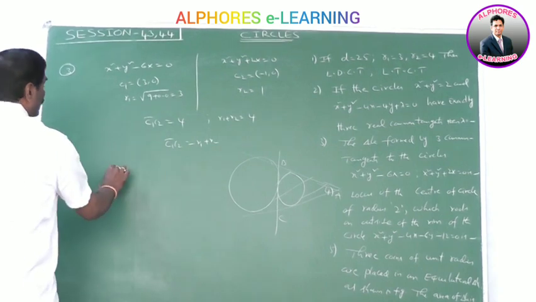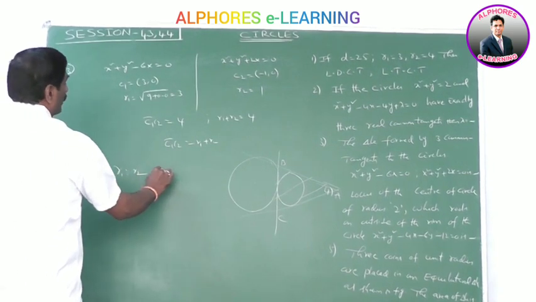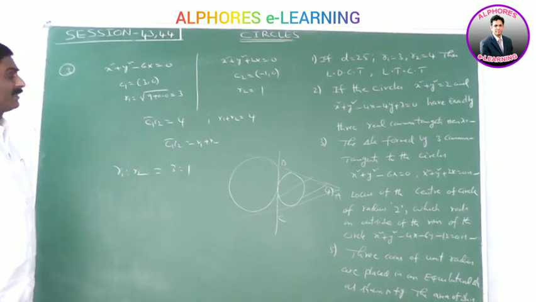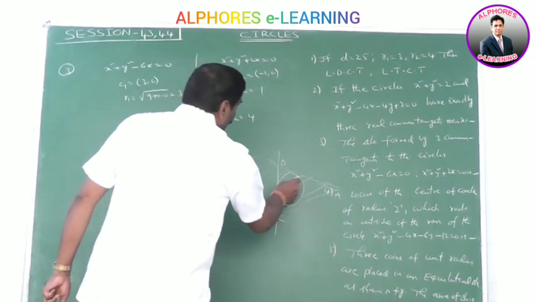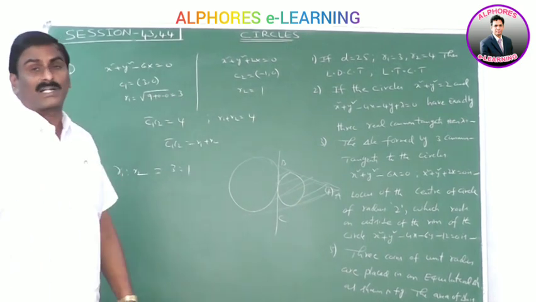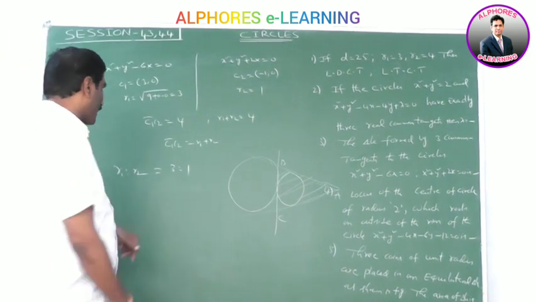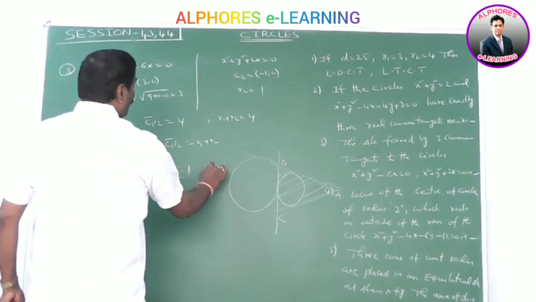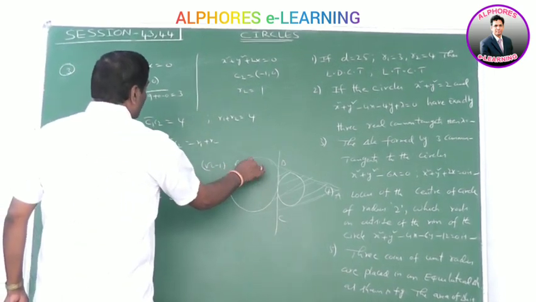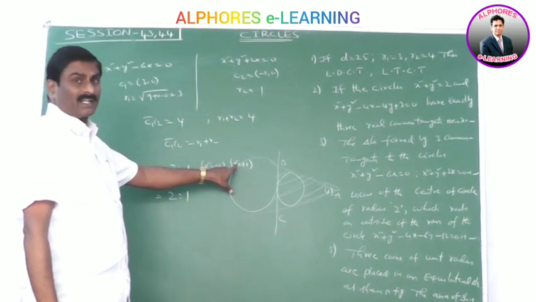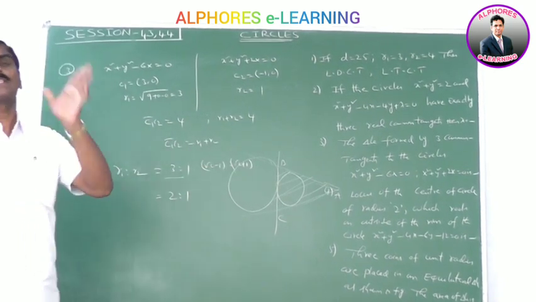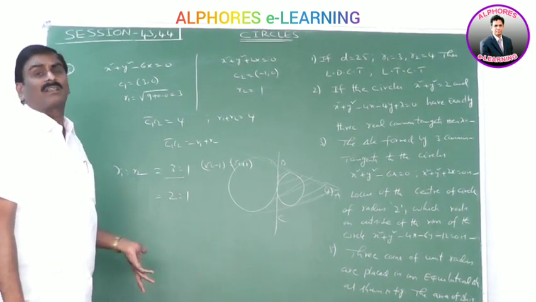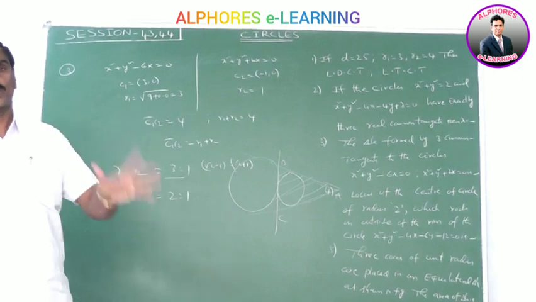Clearly, here the ratio of the radii R1 is to R2 is equal to, what is the value of R1? 3, R2 is 1, 3 is to 1. Clearly, the triangle formed by these common tangents is an equilateral triangle. Suppose this ratio is 2 is to 1. Suppose the ratio is 3 is to 1 or root 2 minus 1 is to root 2 plus 1. In this case only it is equilateral or right angled. In all the remaining cases it is only isosceles. Suppose the ratio is 2 is to 1 or 4 is to 1 or 4 is to 3. In all the remaining cases this triangle must be isosceles.